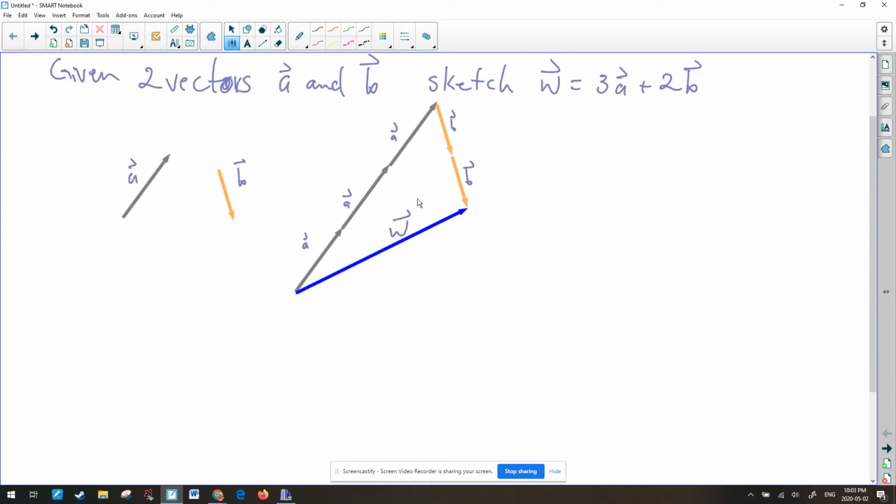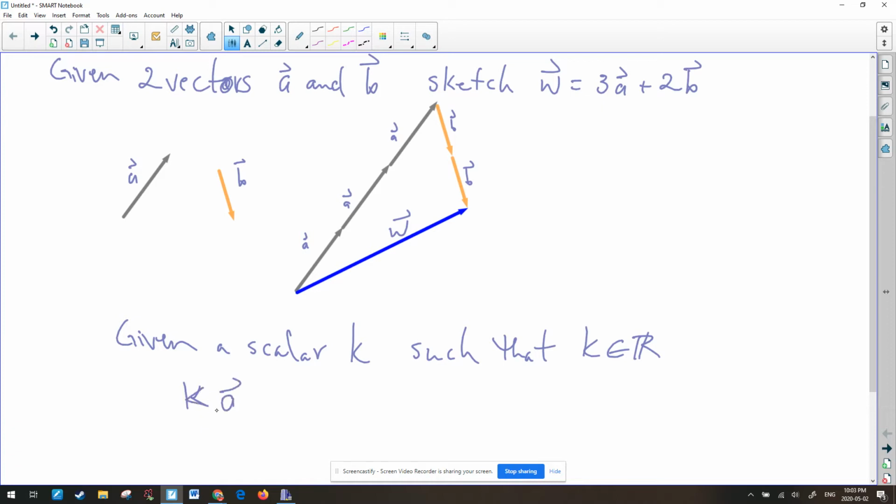So, kind of define a little bit of a rule here. If we are given a scalar K such that K is a member of the real number system, then given K times vector A, it's getting kind of out of hand here. Let's clean that up a little bit. Given K times vector A,